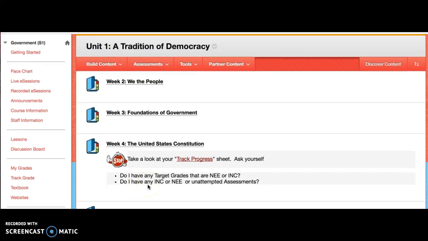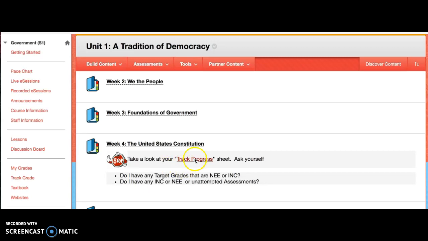Remember this week for part-time students you will be receiving a progress report based on how on pace you are with the pace chart. You will also be receiving where you're at in terms of quality of work. So I'm looking at your quality of work that you've turned in so far and whether or not you're on pace for those progress reports.